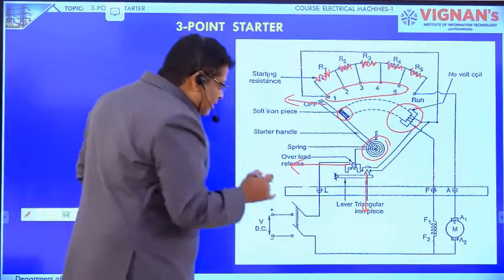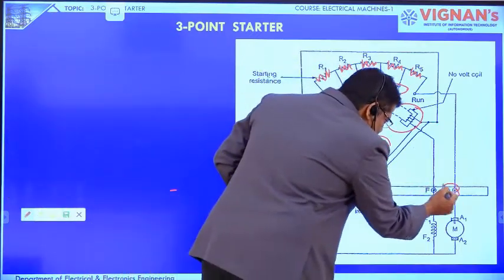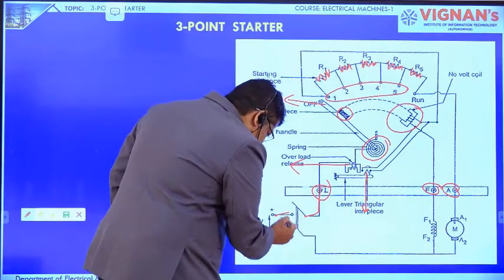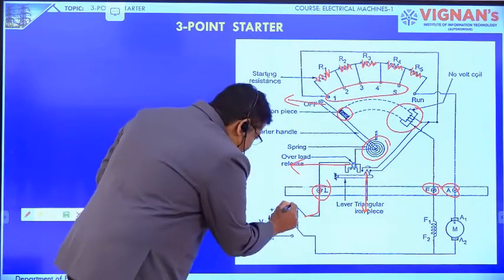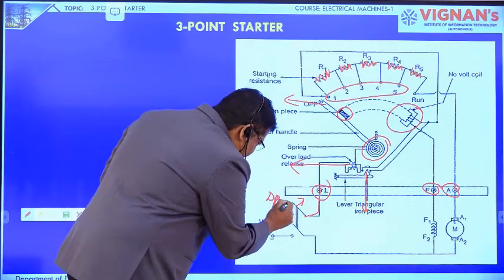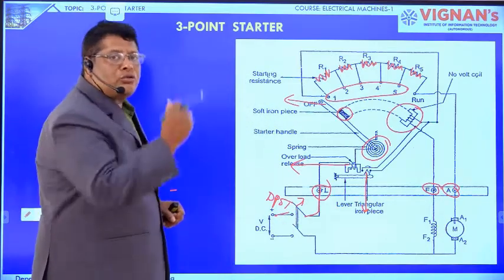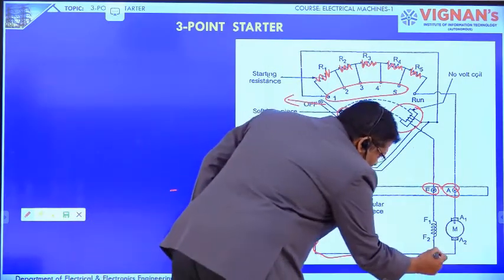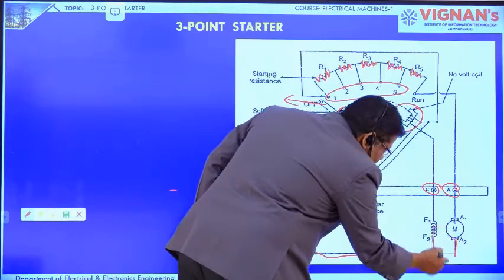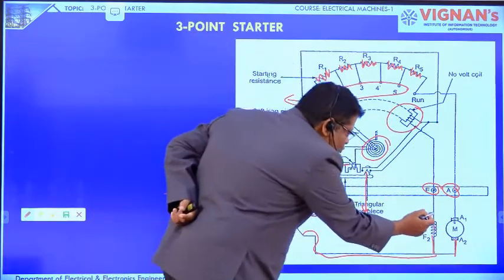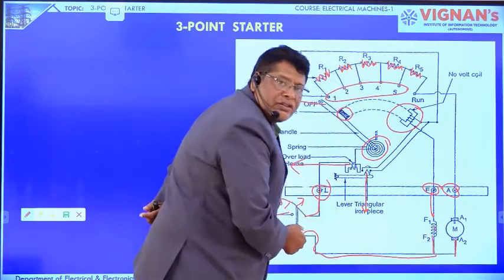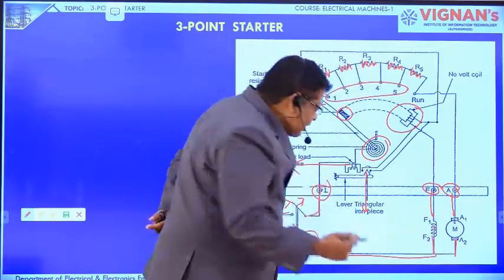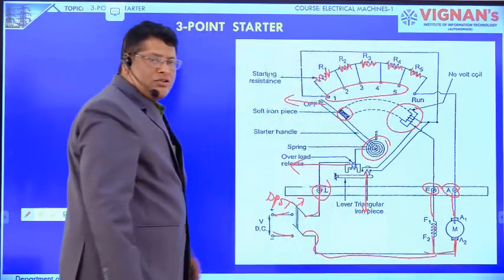See here, three terminals are taken outside: L, A, F, three wires. Across the L, you connect the positive terminal through the DPST switch. This switch is nothing but a DPST, a double pole single throw switch. The negative terminal is connected to the finishing ends of the armature as well as the field. One terminal of the field winding should be connected to F. The remaining terminal should be connected to the negative. One armature terminal of the motor is connected to A. The remaining terminal should be connected to the negative.